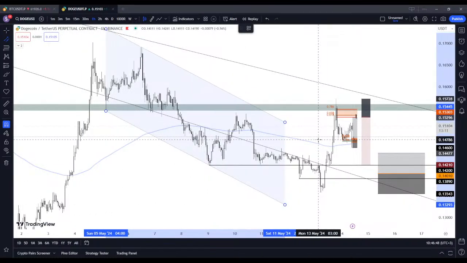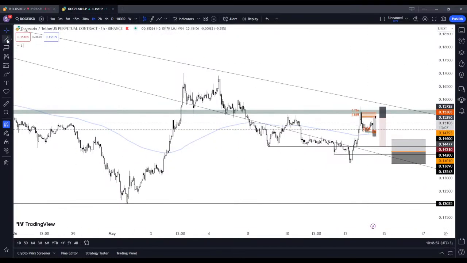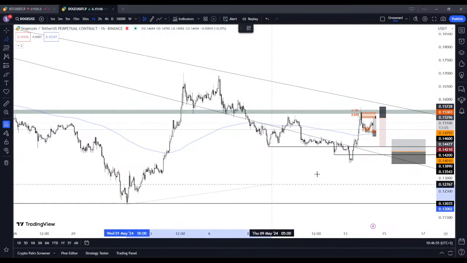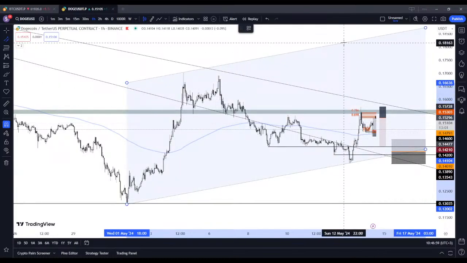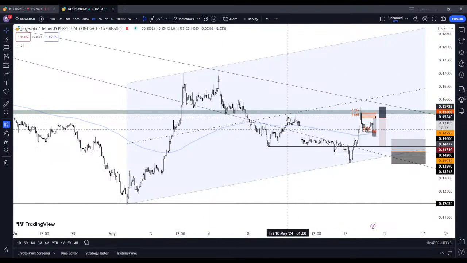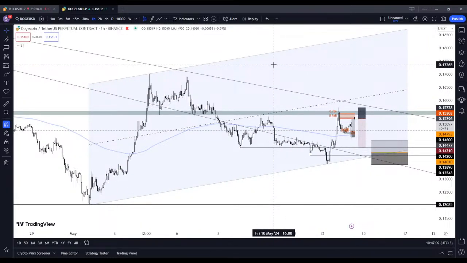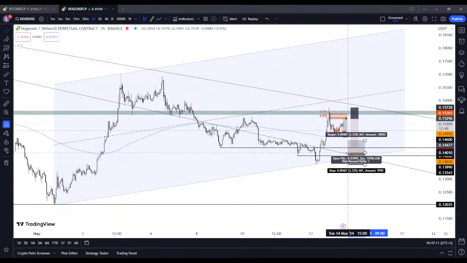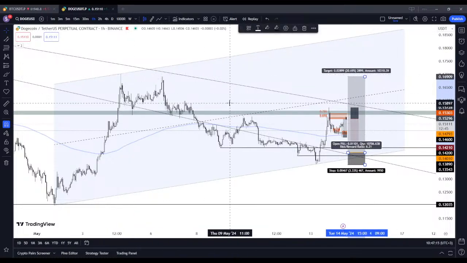We had a descending channel here. Not sure if I want to go with this ascending one. Let's see a 0.5 middle. Well, a nice rejection here. I can say we might have one. So this long, it's valid, targeting the equal highs here.